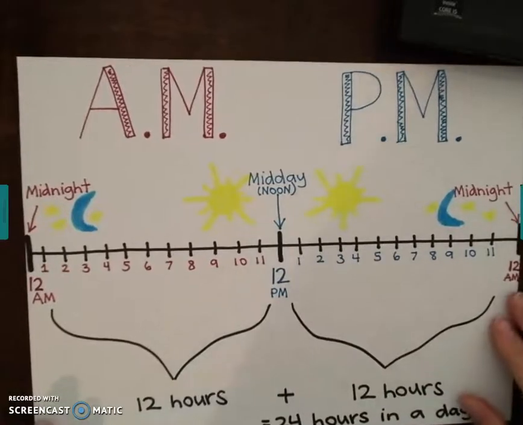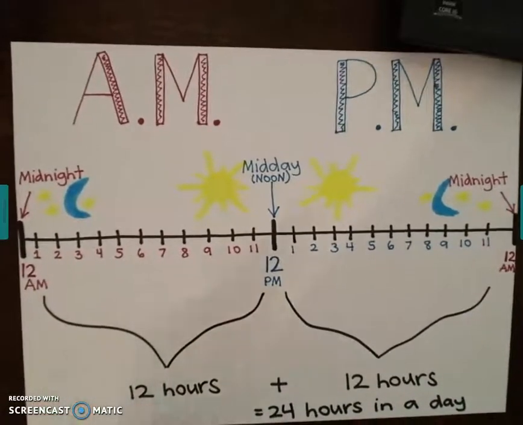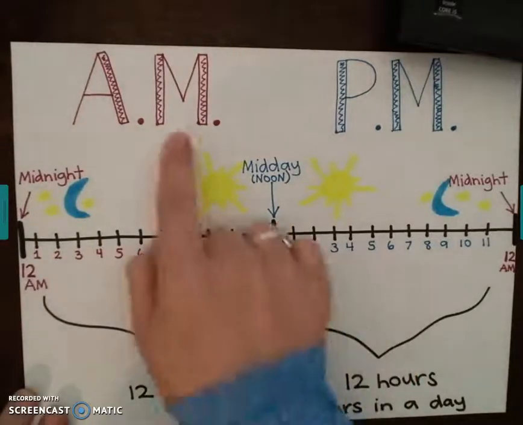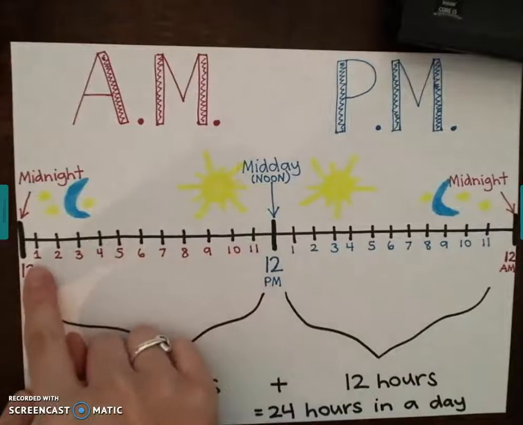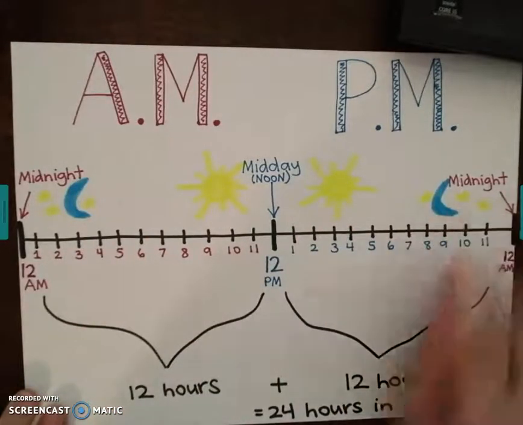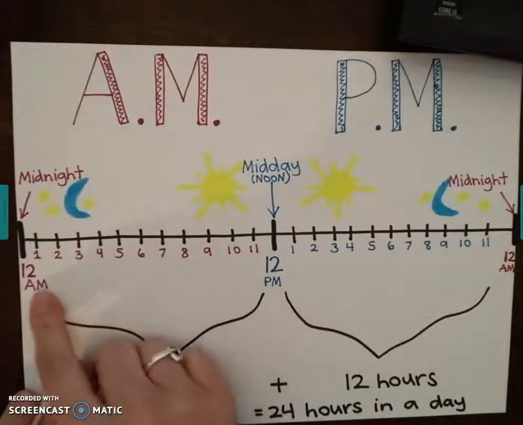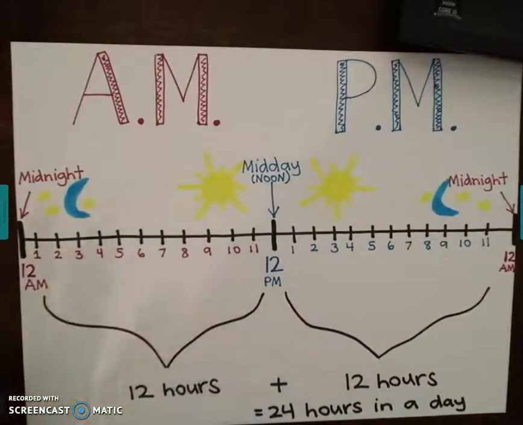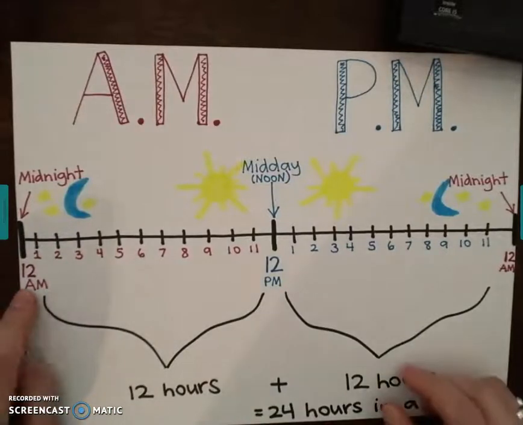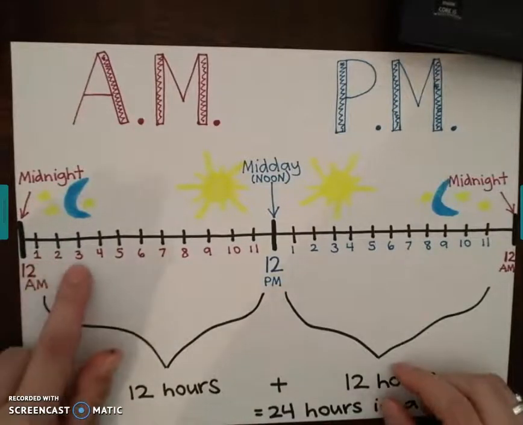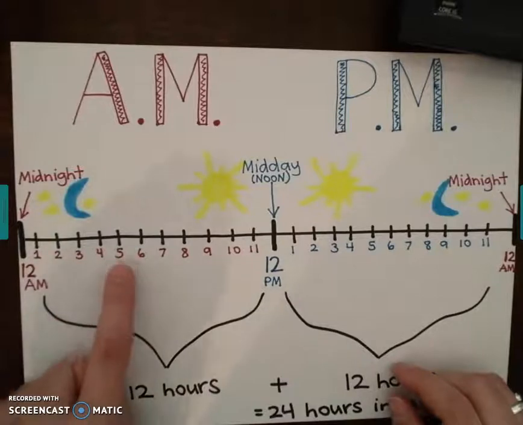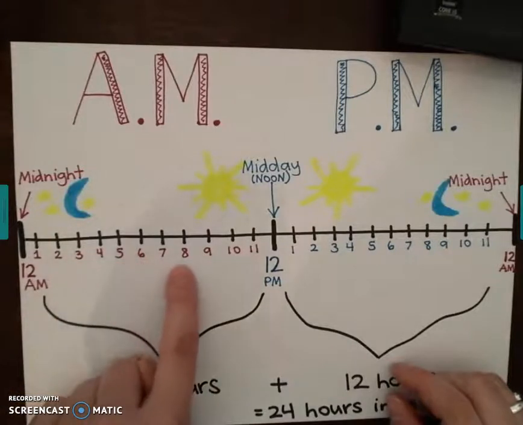So let's quickly review. We know that there are 24 hours in one day, and it's split up into 2 parts. We have AM and we have PM. Look on here. For my AM, I did all of the numbers in pink, and PM, I did them all in blue. So the first part of the day, the first 12 hours, that is AM. So it starts at 12 a.m. and it goes 1 a.m., 2 a.m., 3 a.m., 4 a.m., 5 a.m., 6 a.m., 7 a.m., 8 a.m., 9